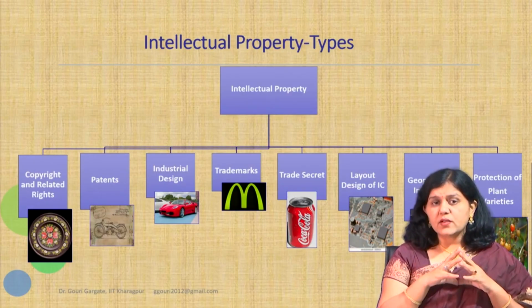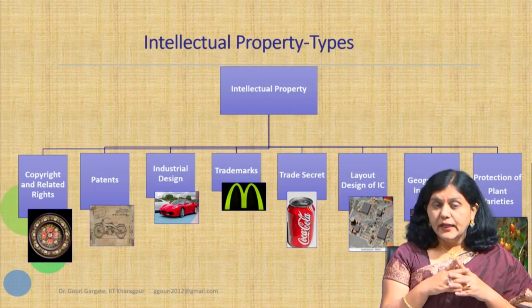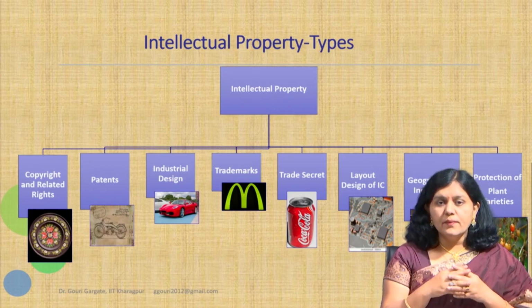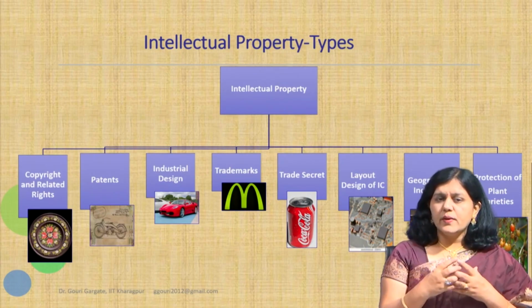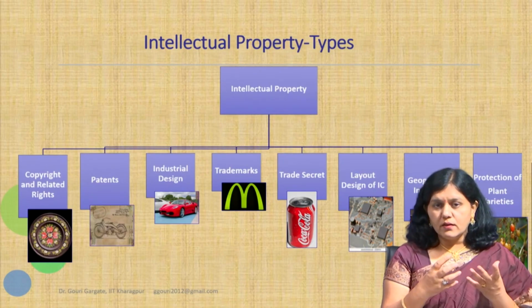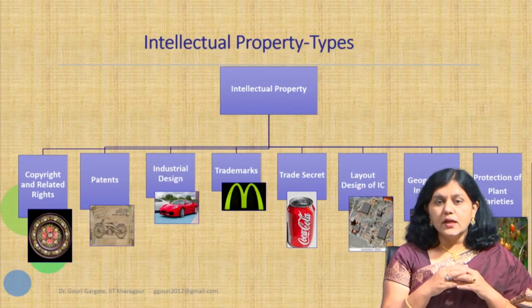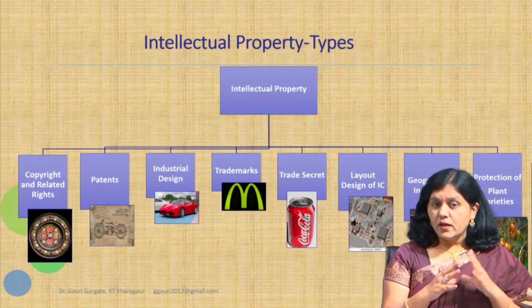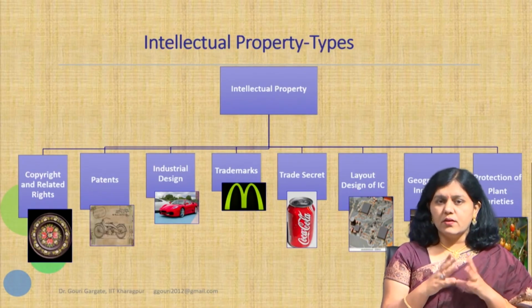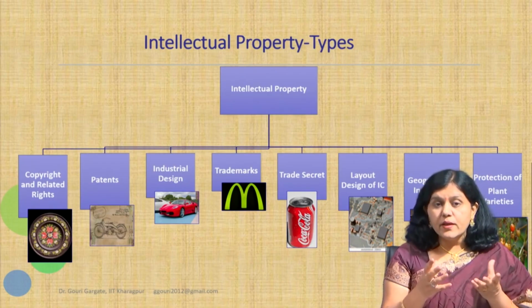We will start with the copyright. In copyright or related rights, if you see this kind of intellectual property, it will be important if any entrepreneur is working in the domain of the publishing industry and film industry, where copyright is indispensable. You should take care of copyright if you are in that particular industry or sector. Second type is patent, where it will be very important.